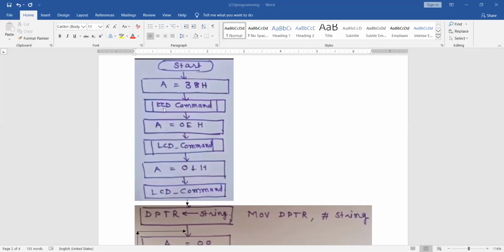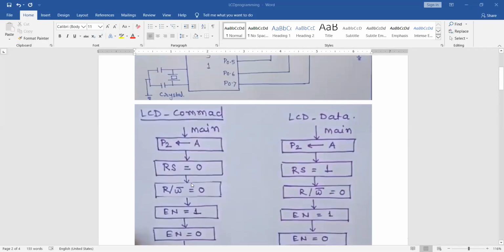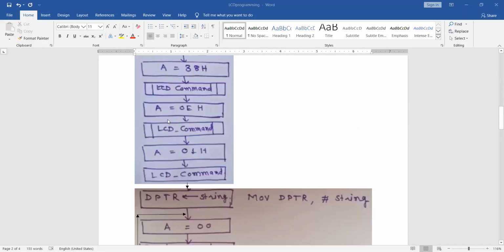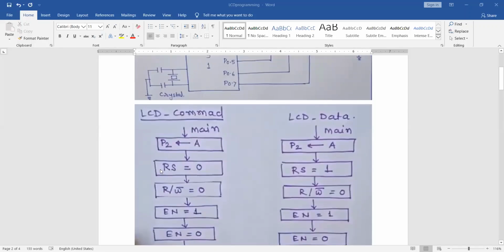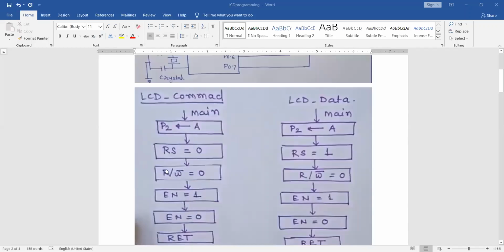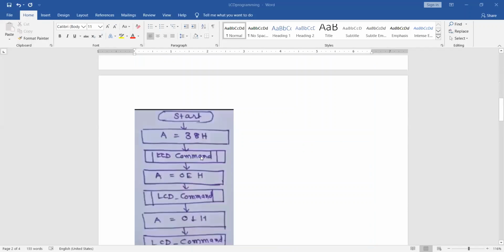So you will call the LCD command subroutine. First A equal to 38H, 2 rows will be selected. Since 38H is a command, you have to call the command register subroutine, so you'll call LCD command.